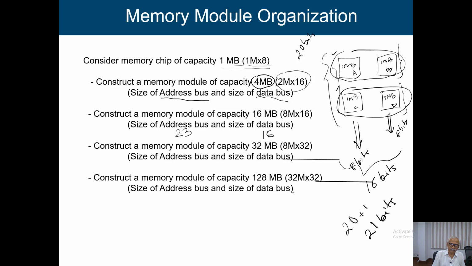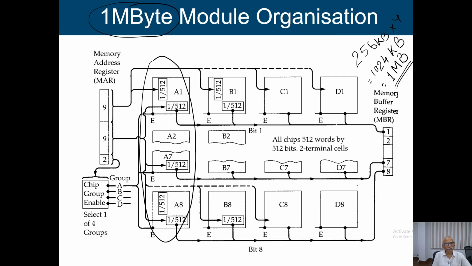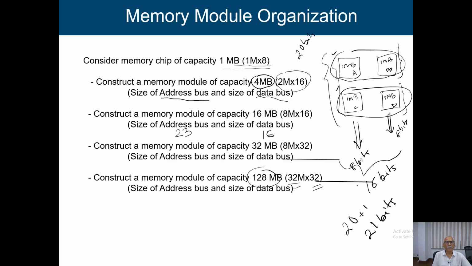Now similarly, we can increase the memory module size, and say we have a 128 megabyte memory module, but it is organized as 32 mega by 32 bits. That means in every memory location we have 32 bits of information, and accordingly we have 32 mega memory locations. We have to adjust it. Now you just see that if we have memory modules of smaller capacity, then we can connect them together to get a bigger memory module, and in that case we have to appropriately give the address bus connection.